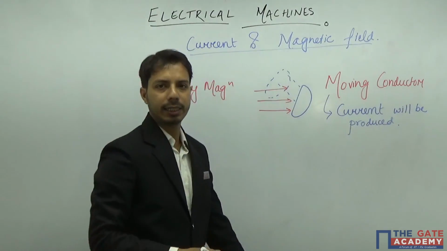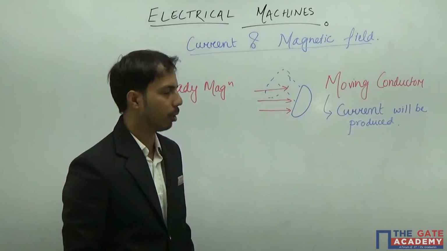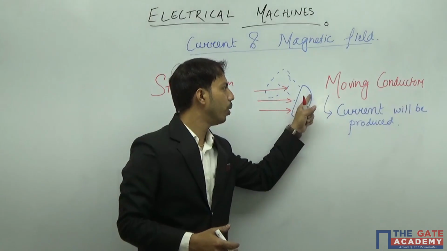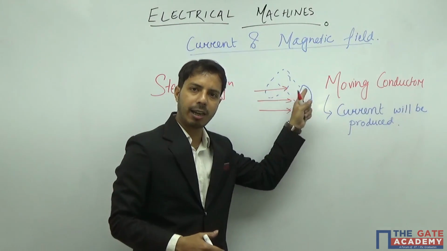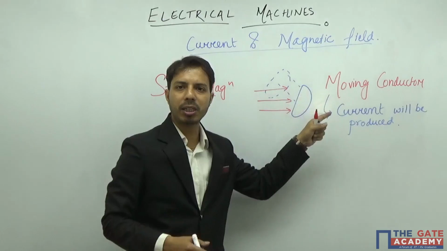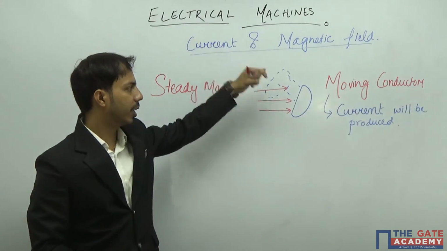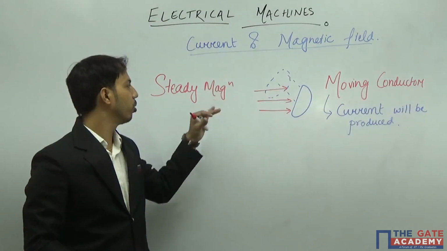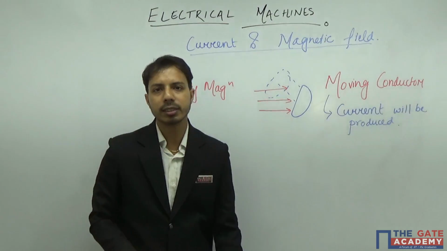So this is what he has seen or experimented. What he did is, he had a conductor loop, and there he connected an ammeter, and in that ammeter there was deflection whenever he was moving this conductor in a particular steady magnetic field. Similarly,